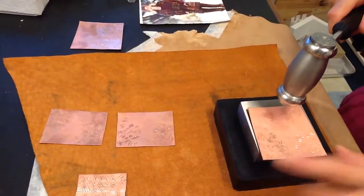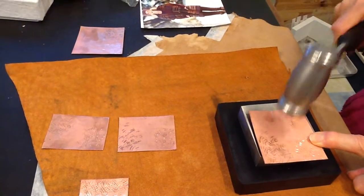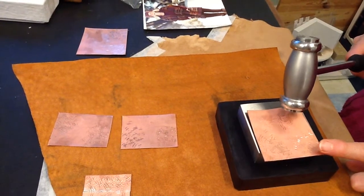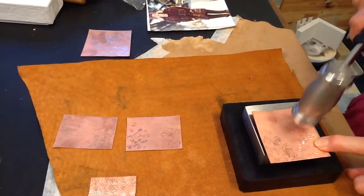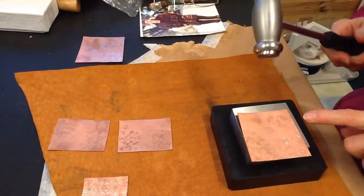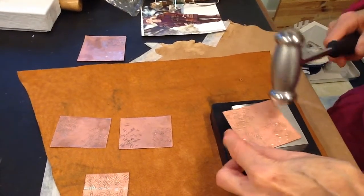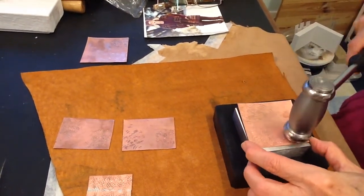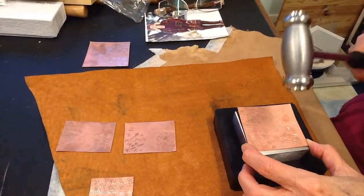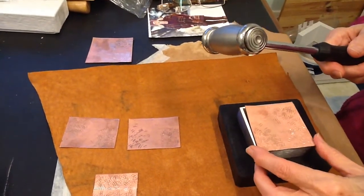Keep your fingers out of the way, you don't want to texture your fingers. And you keep bashing away at it until you get the density of texture that you're looking for. The narrow ring leaves these little semicircular indentations. If you change the direction in which you hammer and hammer on top of those, you get a more complex texture. Similarly with the broad concentric rings,